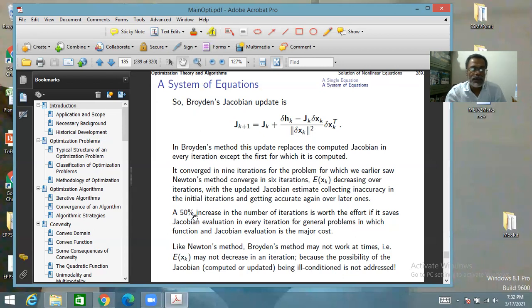Okay, and one derivative itself means one more function evaluation. Okay,